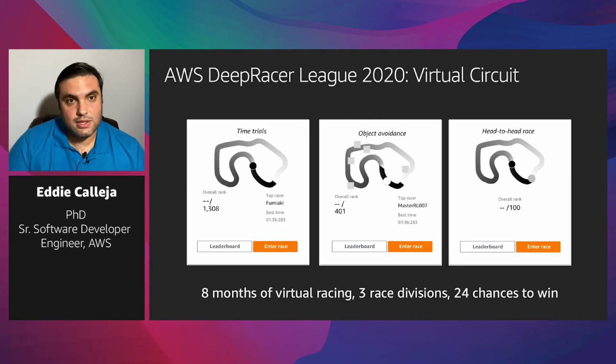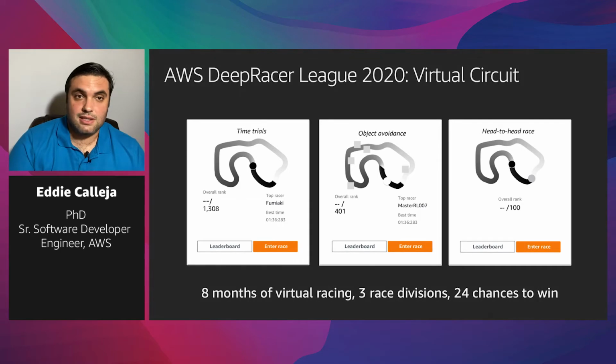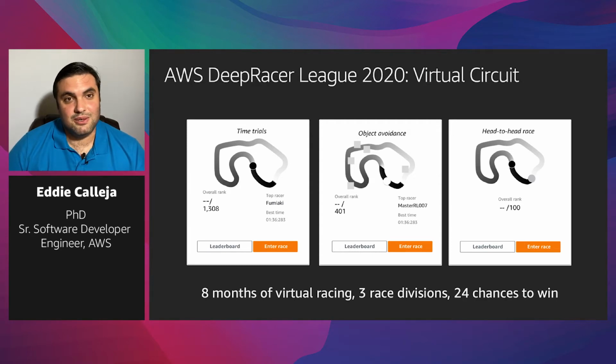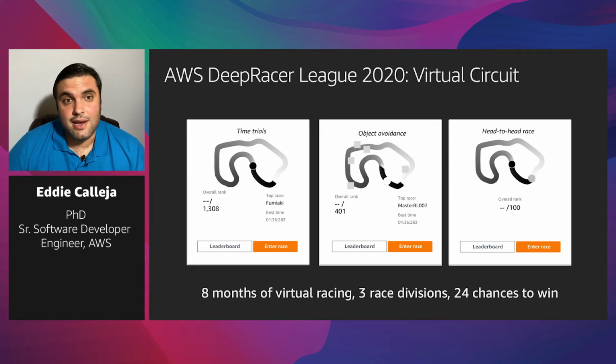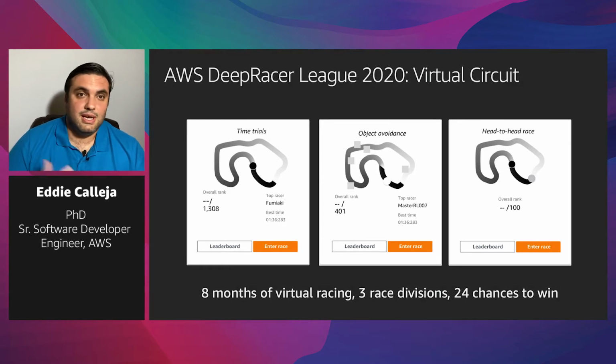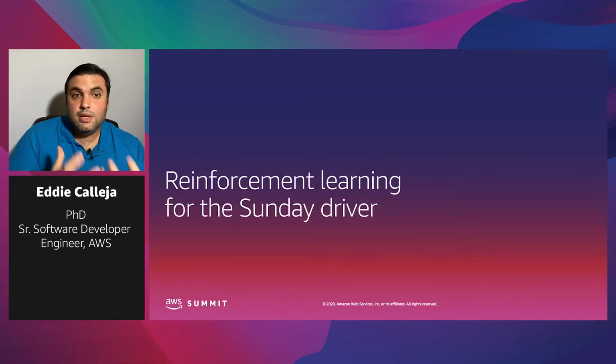But we added some twist. We added object avoidance, where your task now is to complete the track as fast as possible, but try not to crash into these boxes we put in the track for you. And those positions change on a monthly basis, so no cheating. And then what we feel is kind of the ultimate test of who has the best reinforcement learning model is when you go head to head. In other words, if you train a model and I train a model, we can see who's fastest. But how does that model perform when we put them side by side and sort of head to head? So that's really the product right there.